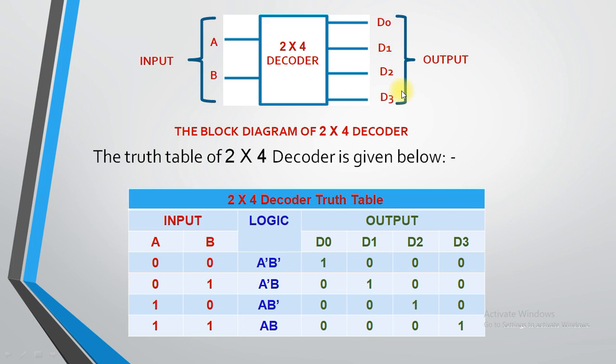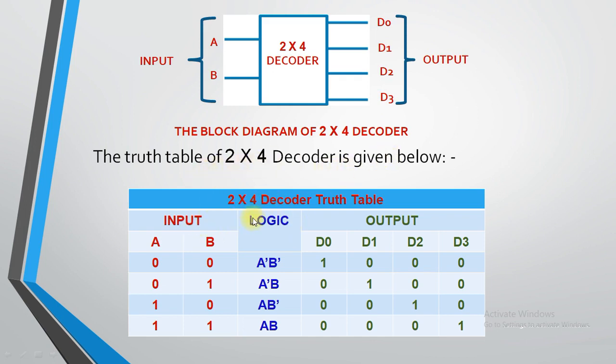I want to add one thing over here, that instead of D0 to D3 you can take any variable, right? I have taken D0 to D3 because it is a decoder, so I have taken that variable. If you don't want to take this variable, you can take the name of any variable. Is that clear to everyone? Then I have written that A and B is referred to as an input variable and D0 to D3 is referred to as an output variable. Now how to form the truth table of a 2 by 4 decoder?